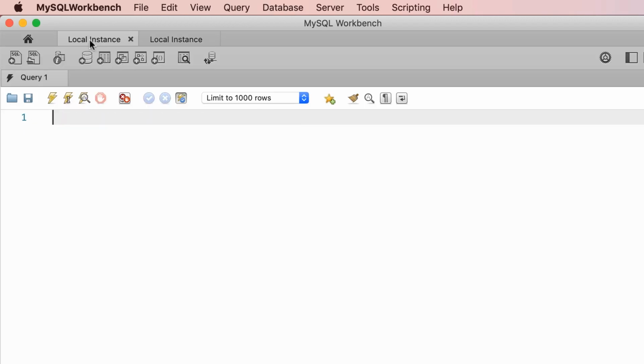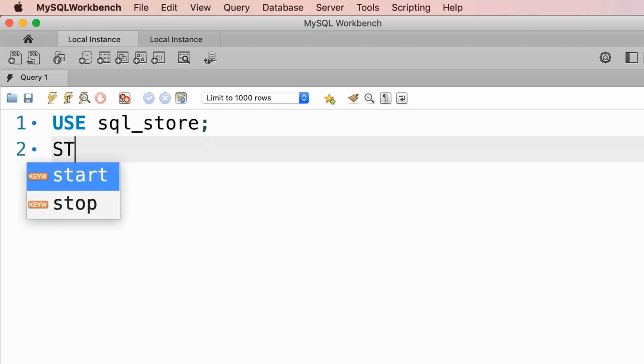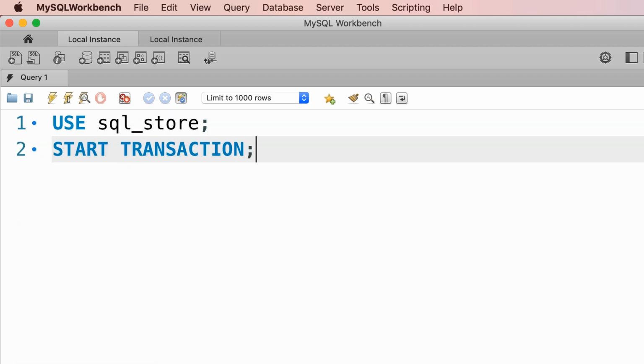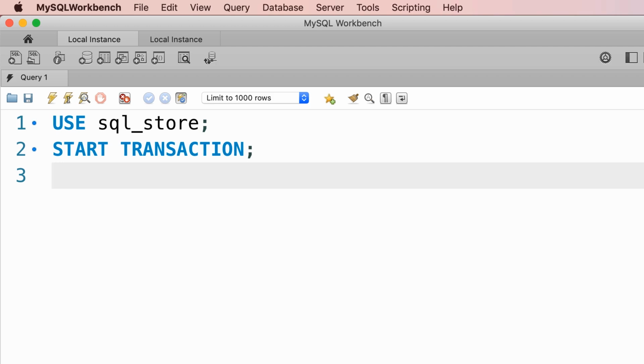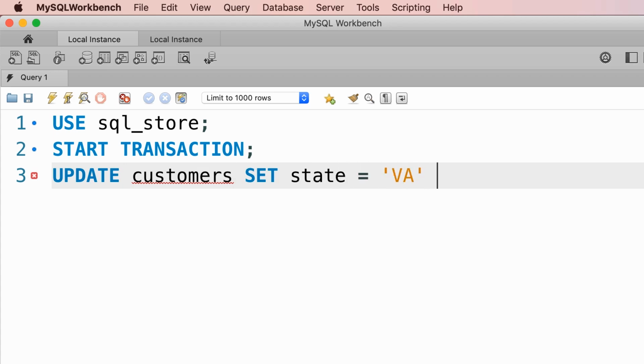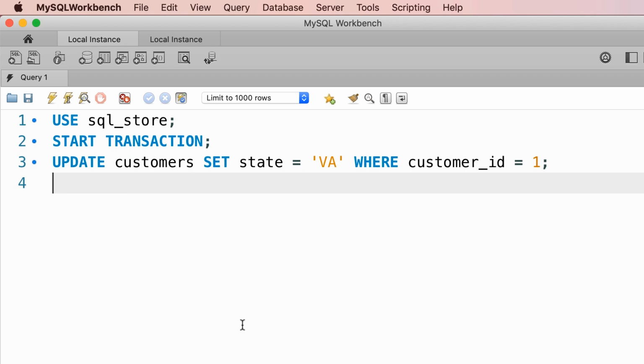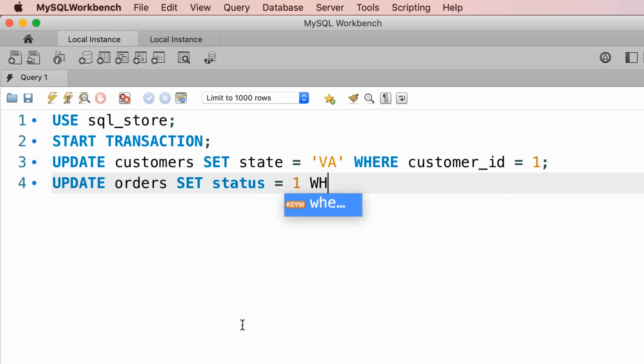Now in our first session, we're going to use our SQL store database. Then we're going to start a transaction. In this transaction, we're going to update two records. First, we're going to update the customers table and set the state to Virginia for customer number 1. So where customer ID equals 1. Let me zoom out a little bit. That's better. Then we're going to update the orders table and set the status of an order to 1, where